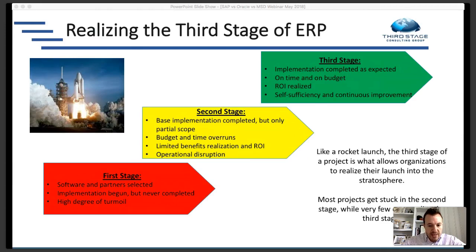And Third Stage is kind of an analogy, or there's a third stage terminology in aerospace and defense with rocket launches. So when you launch a multi-stage rocket, typically the first 2 boosters will get the rocket up to a certain point, and then the third stage rocket will kind of blast off from there and get to the ultimate height and speed that it needs to get to. So it's kind of an analogy we use for digital transformations in ERP projects: let's figure out how not to get bogged down by those first 2 stages. Let's get through those first 2 stages and let the third stage get us to that ultimate level. And those are some of the best practices that we talk about in our webinars with our clients, what are some of those best practices to realize the third stage.